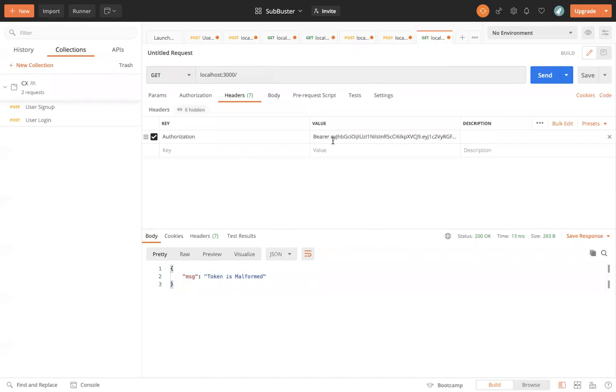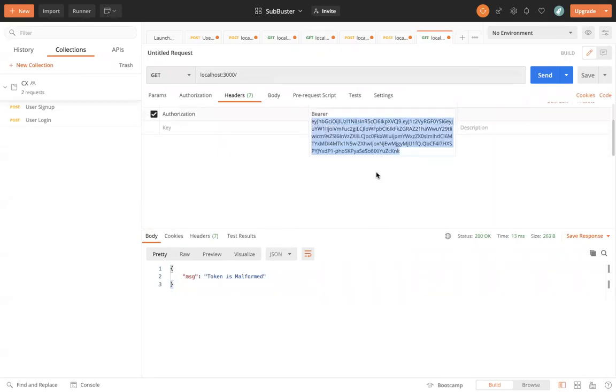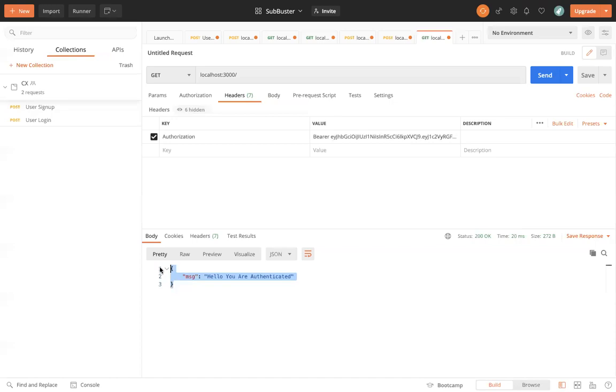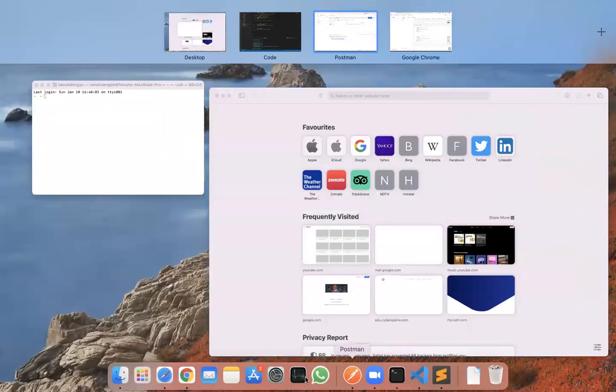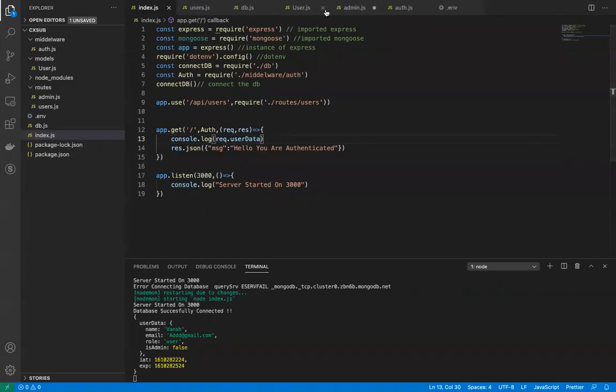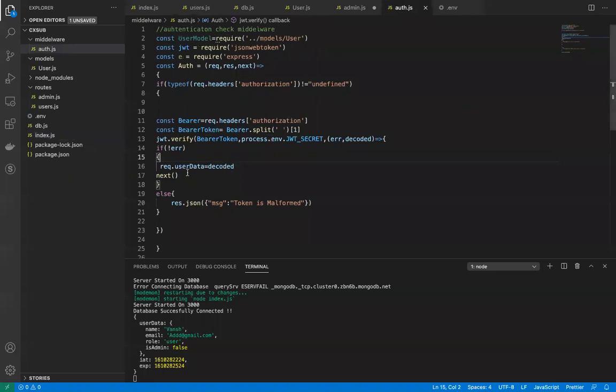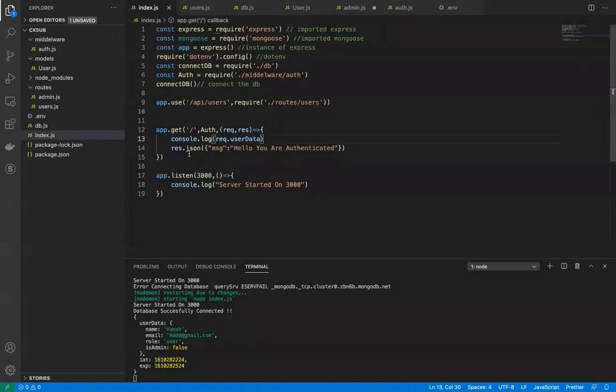If I copy this particular value and send it, you can see you're authenticated. As it has gone through this auth route, it sets the value of userData to the decoded value, which has name, email, and role admin. It is also console logging this, because we console logged it in this route. So this is how we do it.